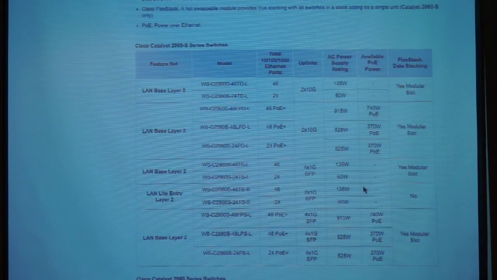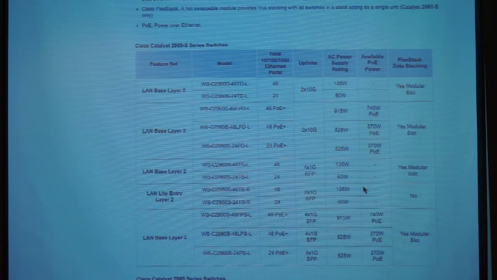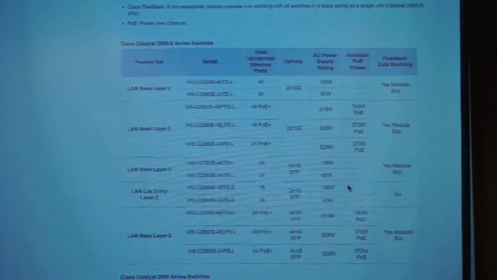In essence, this switch is going to have 48 Ethernet connections that are copper, and then two 10 gigabit uplinks that we could use fiber optics on to get to the next switch, the distribution switch.